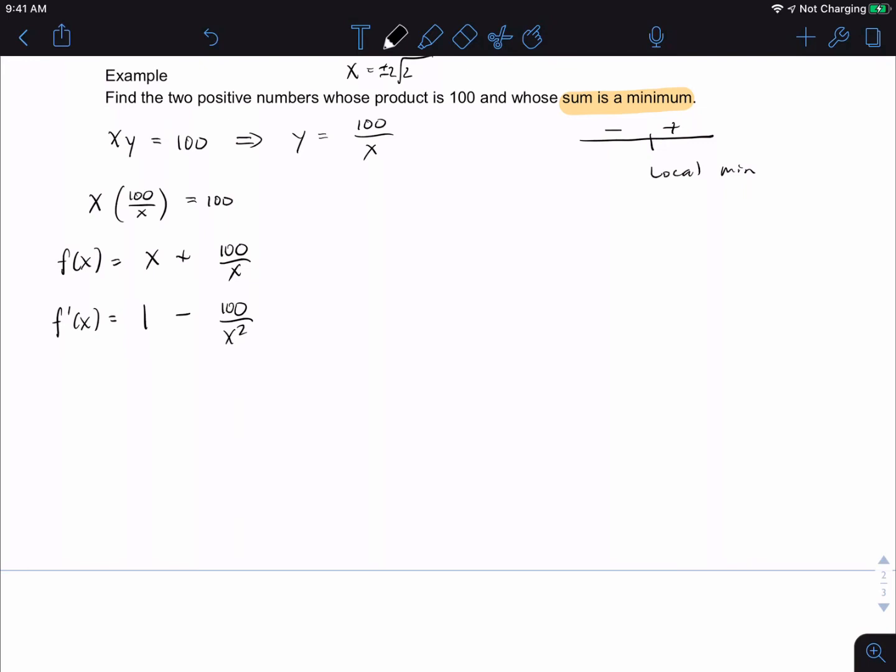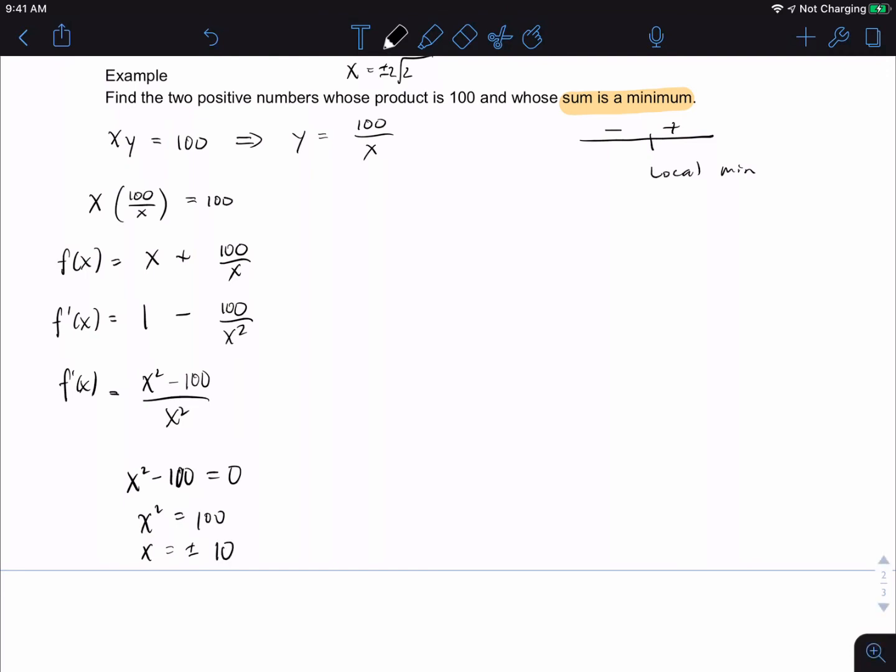So then from here, what I'm going to do is find a common denominator. So I'm going to get x squared minus 100 over x squared as my derivative. And then to find this critical number, we're going to set the numerator equal to 0. So x squared minus 100 is equal to 0. So then x squared is equal to 100. So x is equal to plus or minus